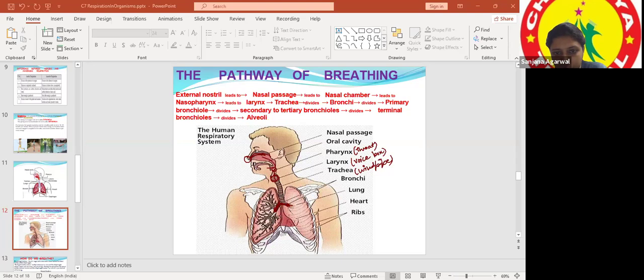Now after this, it is further breaking down into the smaller roots. Can you see? Look at the movement of my cursor pointer. These further root-like structures are known as bronchioles. Means you can say that bronchi have larger diameter and bronchioles have smaller diameter. If this is the bronchi, further it is dividing into thin roots. These all are known as the bronchioles on both sides, in both lungs.